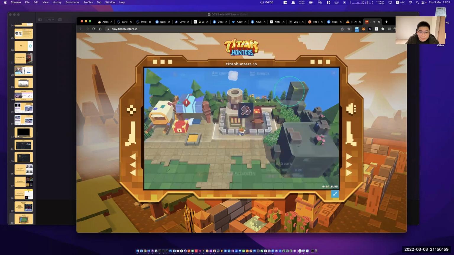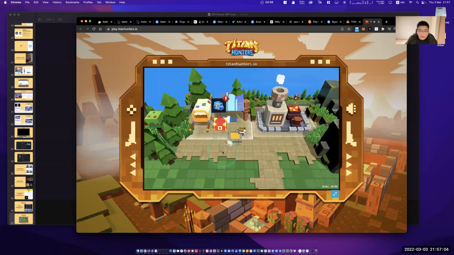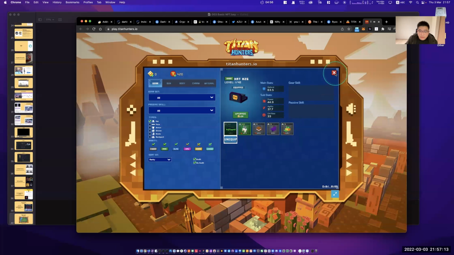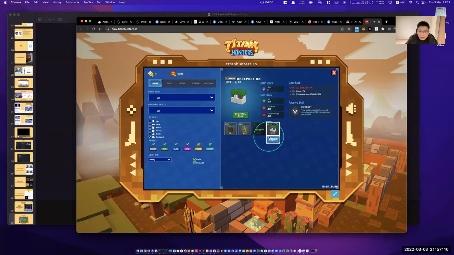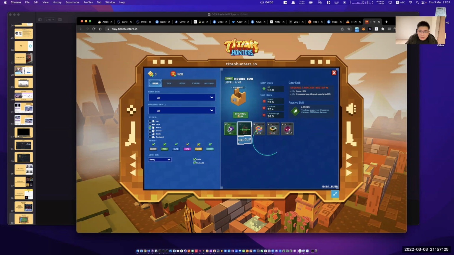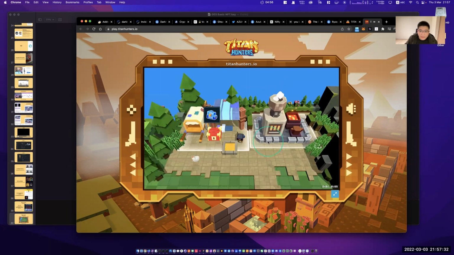So let me equip. I can equip some items that I have. Where is my rare item? Wait a sec. Okay, cool.